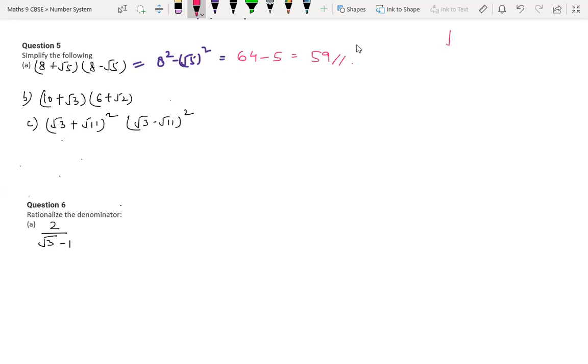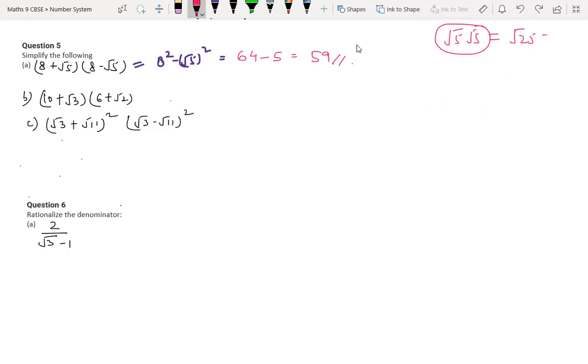See, if anything is repeating twice, root 5 and root 5 two times, there is no need to find anything extra. 5 fives are 25, then again root, no need to do that. If anything is repeating twice, you can just take only 5. Root 5 times root 5 is 5. And the square and the root also get cancelled, right? But if it is like this, you can't cancel it. The root should be complete, then only you can cancel it.